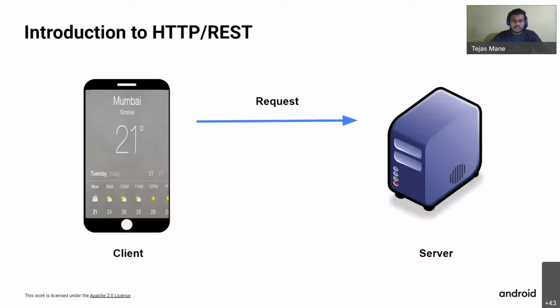So what kinds of request can you make? There are four kinds of request: get, post, put, and delete. To understand this, let's take an example of Instagram. Whenever you open Instagram, a get request is performed, so you get all the related posts from your newsfeed in the app.